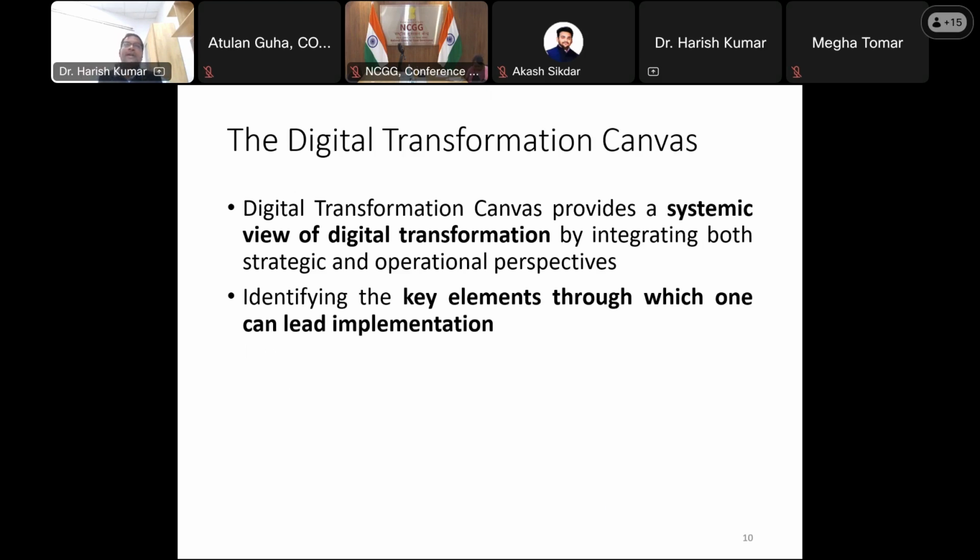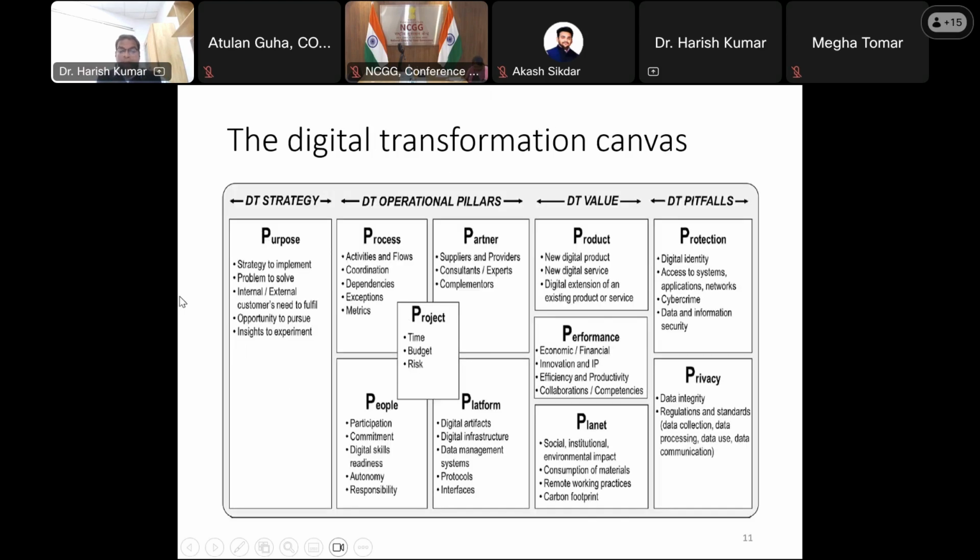So first thing, we need to identify our key elements for which we are going to work on this, right? Systematic elements in this. What is the meaning of this? This is the complete canvas I can discuss in detail. There are 11 elements in this. So anyone leading any digital transformation project or initiative might be coming to all the 11 elements to work in, right? So the 11 elements are categorized into 4 pillars.